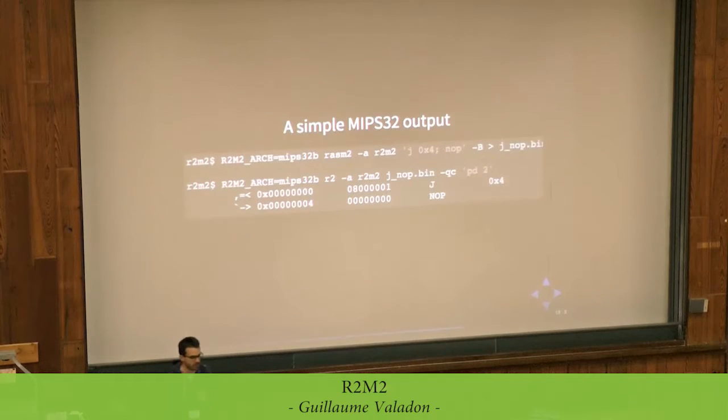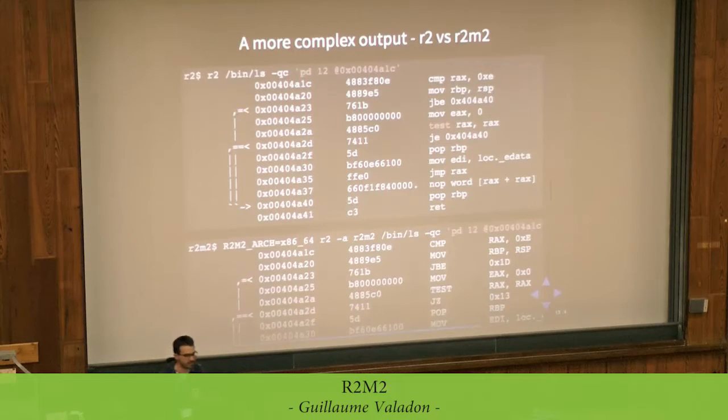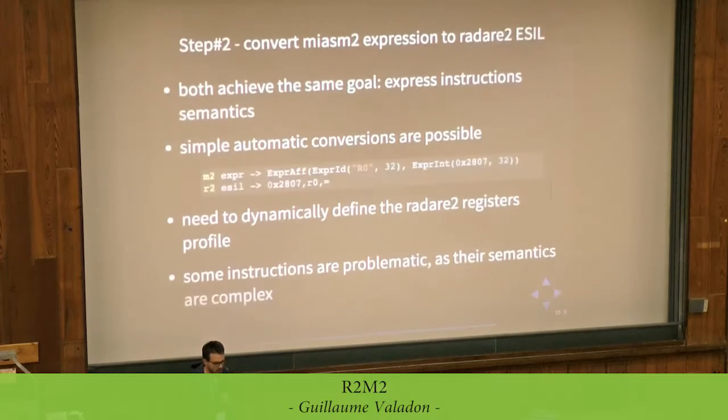So it works fine. Again, simple output. I'm building with Miasm and radare a binary with a jump and a NOP. And here we can see that radare is able to detect the jump to the next instruction. It's again a silly example, but I got block splitting for free. Here on top, that's Radare2 with bin/ls by default. And on the bottom, that's Radare2 with Miasm backends with this really simple trick. But again, that's kind of useful.